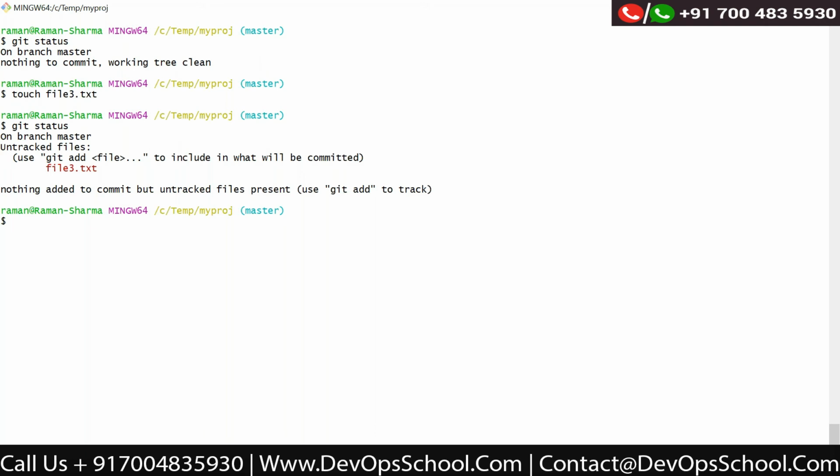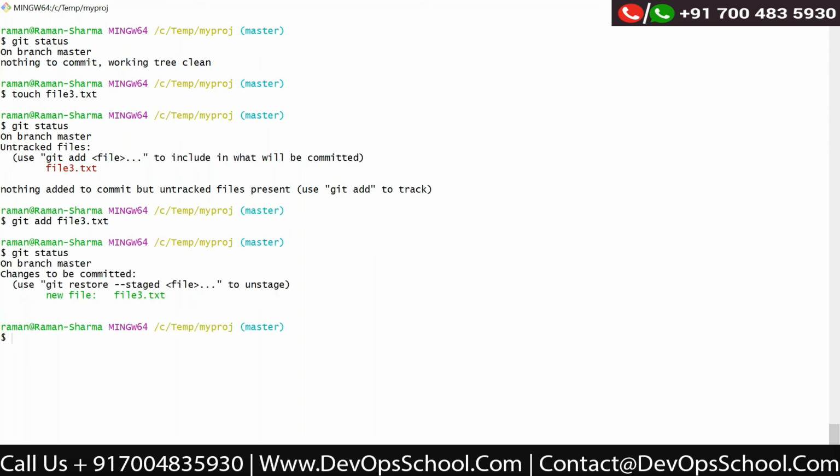In the same way, if I say git add file 3.txt and now say git status, it means I am tracking what is happening, whether my files are untracked, in the staging area, or all committed.